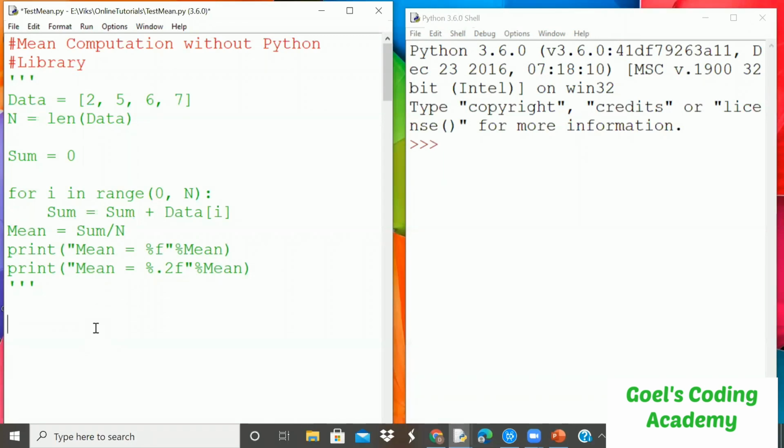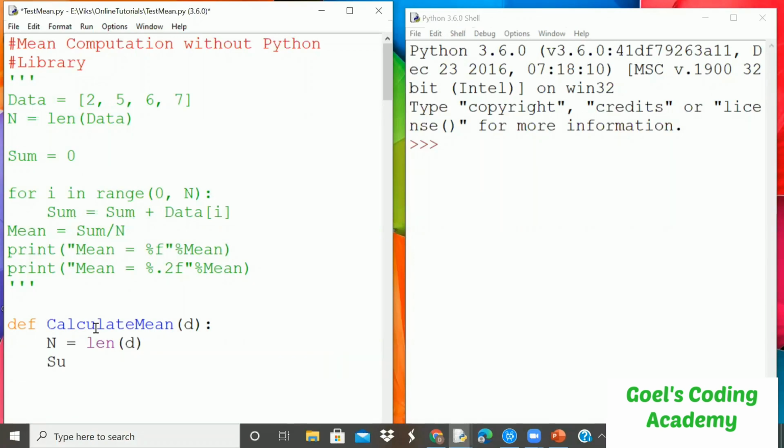Now we will compute mean using a function. For that, we need to define a function named calculate mean, like that. And we need to pass a data array as an argument, and we are calling it d, small d. Again, over here, we need to calculate the length of the data array, like this.